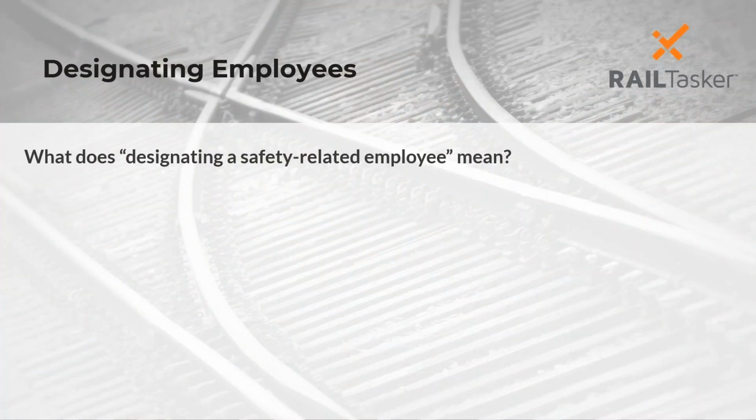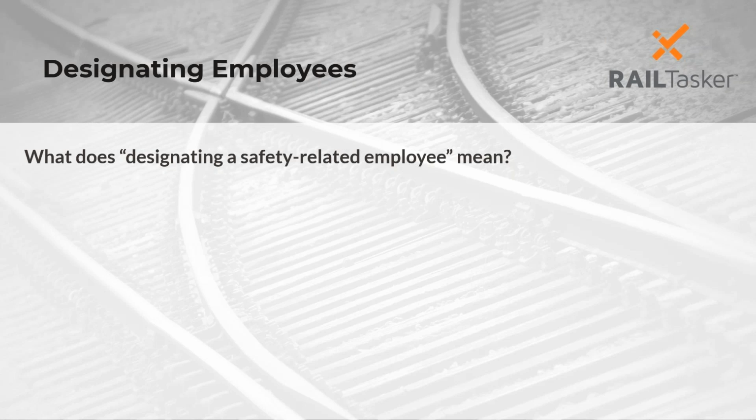For today's webinar, I'm going to focus first on designating employees and then on the designated instructors. And I always say when you see the word designated in 243, that just means you're going to have a list somewhere. So there's some sort of documentation, because as an employer, whether you're a railroad or contractor, you'll want to make sure that you can provide that list to FRA if it were to be asked. It's nothing you need to submit, it's just for your internal record keeping.